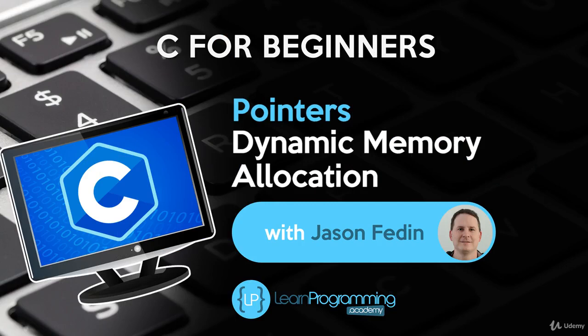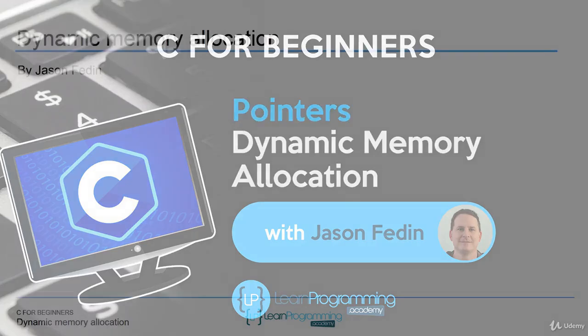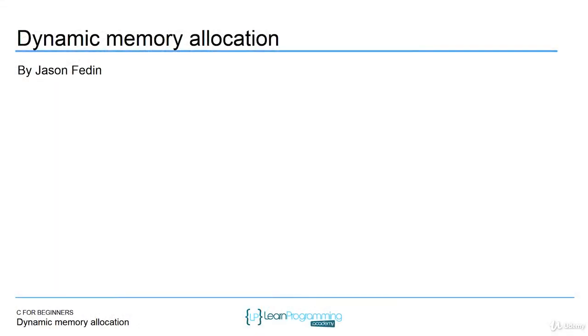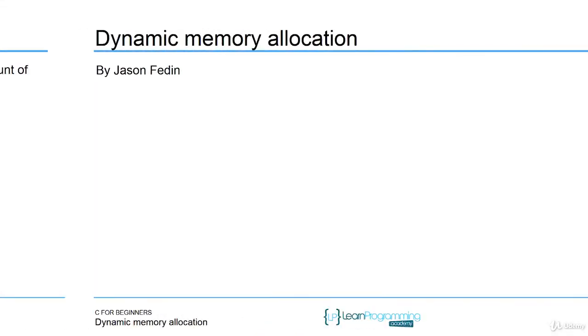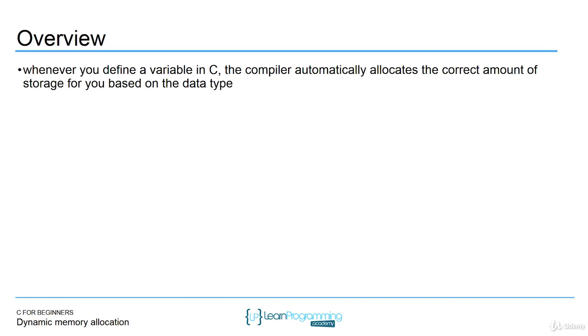Hello and welcome back. In this lecture I want to talk about dynamic memory allocation. This is directly related to pointers. You can only employ this on pointers. So let's get started. So whenever you define a variable in C, the compiler automatically allocates the correct amount of